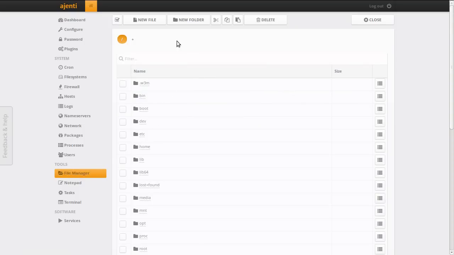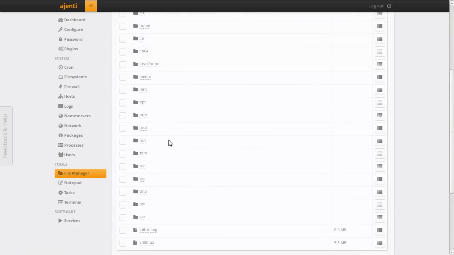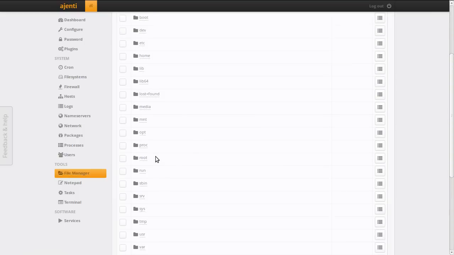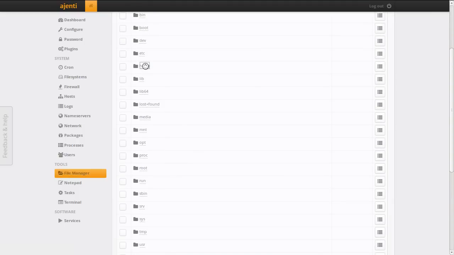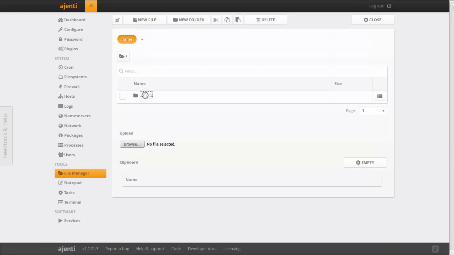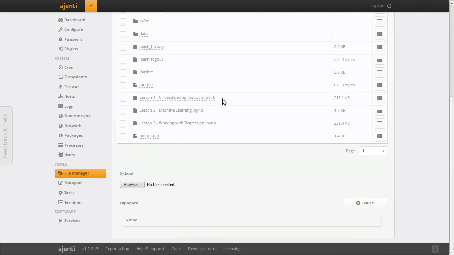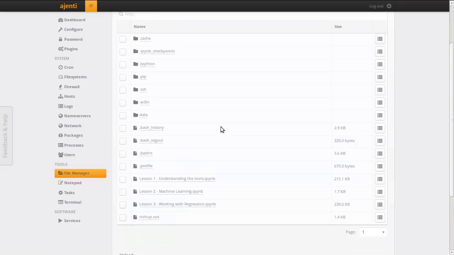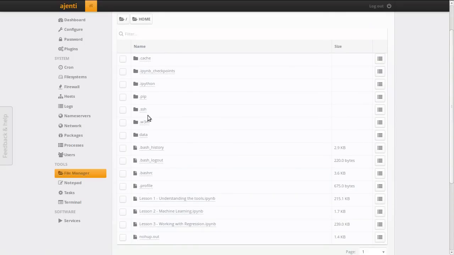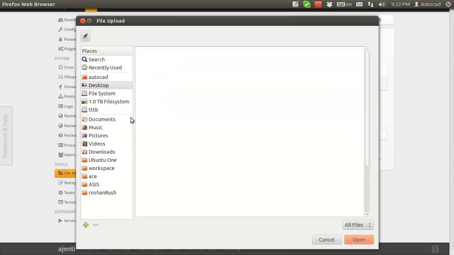On our File Manager, this will access our main storage of the system. All our files are stored inside Home, then Ubuntu. Everything you're working with, including your IPython notebooks, is available in here. You will see a lot of hidden files that the system uses to do one operation or another. The important one is the data folder. Open the data folder, and you can upload